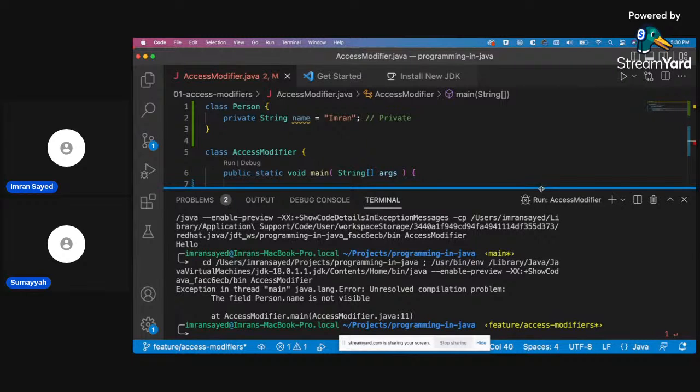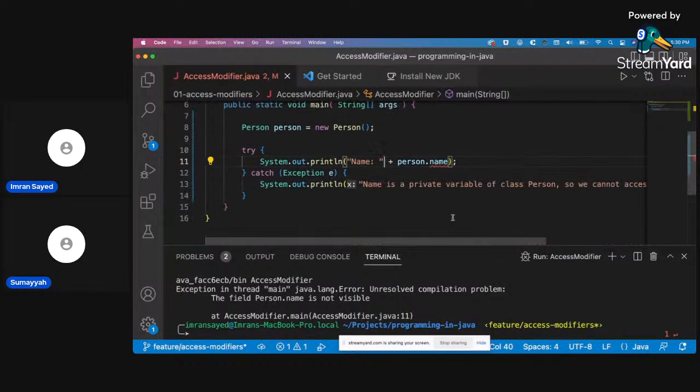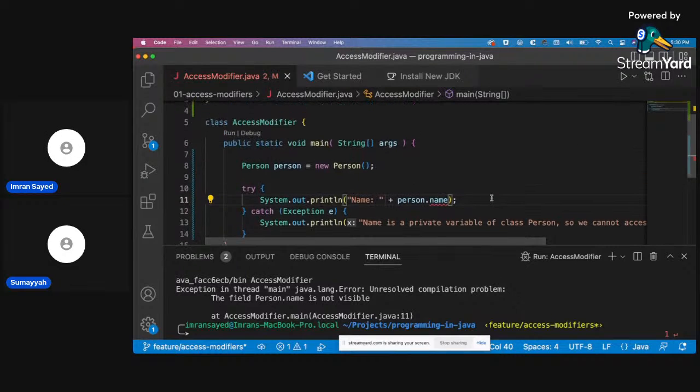I think try catch will not work here because it's not an exception. Yeah, it's a compilation error, so it won't build. The try catch won't work. Okay, fine.